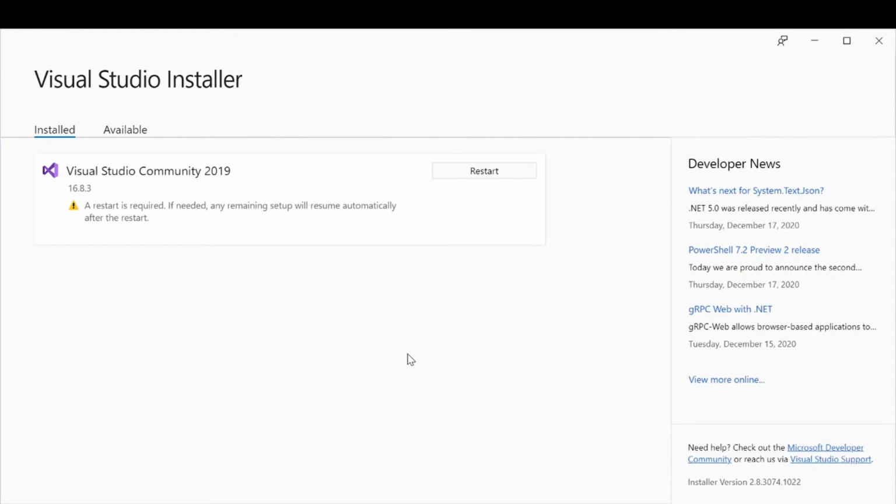Once you have installed Visual Studio C++, it could ask you to restart your system to install the remaining setup. So we'll just restart our system and then resume further.